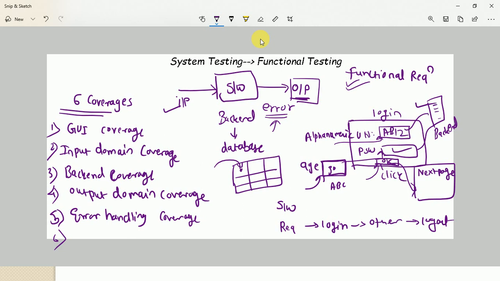So whenever we are going to test the end-to-end functionality of a software application, that order of functionality also needs to be verified. And that's the reason we have a last coverage in functional testing, that is order of functionality. We can test each and every execution order in this particular coverage. So generally in system testing, the complete system gets tested for functional and non-functional requirements. But once you talk about the functional testing part, then we need to focus on all these 6 important coverages.